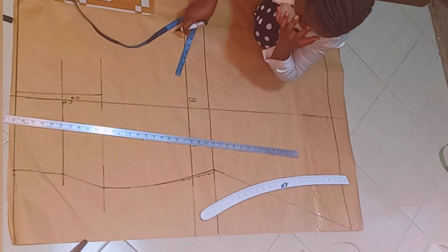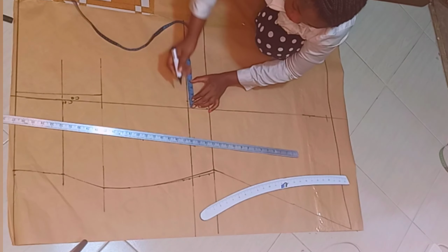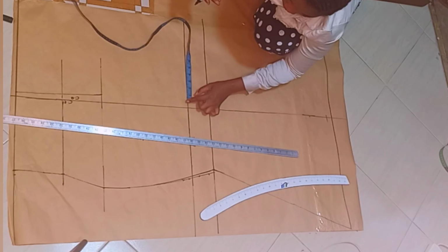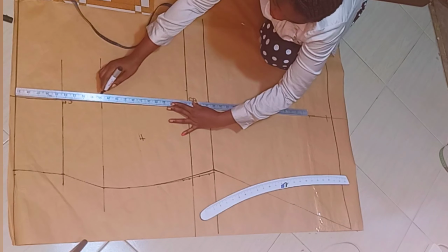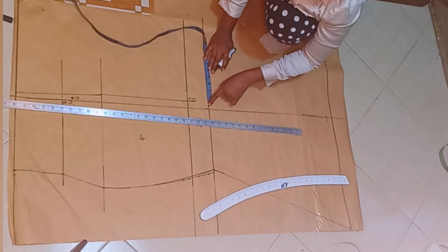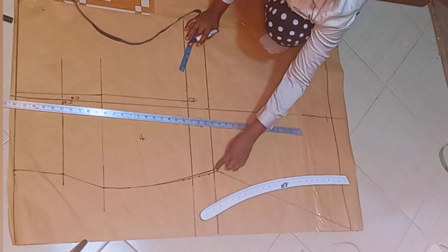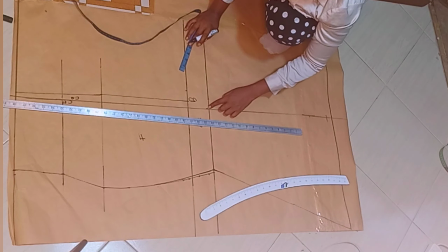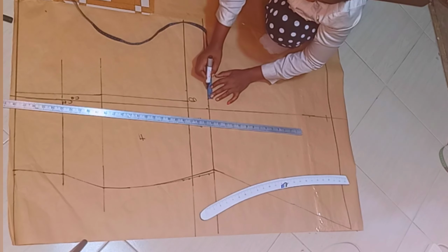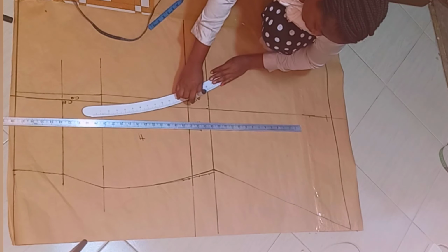and then for the break points I'm going to be marking 1 inch also for my zip. And then for my knee line, for the breakpoint, you can do more than that. You can do 2 inches, but I decided to maintain my zip allowance. So on the knee line, after the half an inch that I marked, I've marked 1 inch, and I'm going to be adding 1 more inch to that. I had wanted to do 1 inch first, but I decided to go in for 2 inches